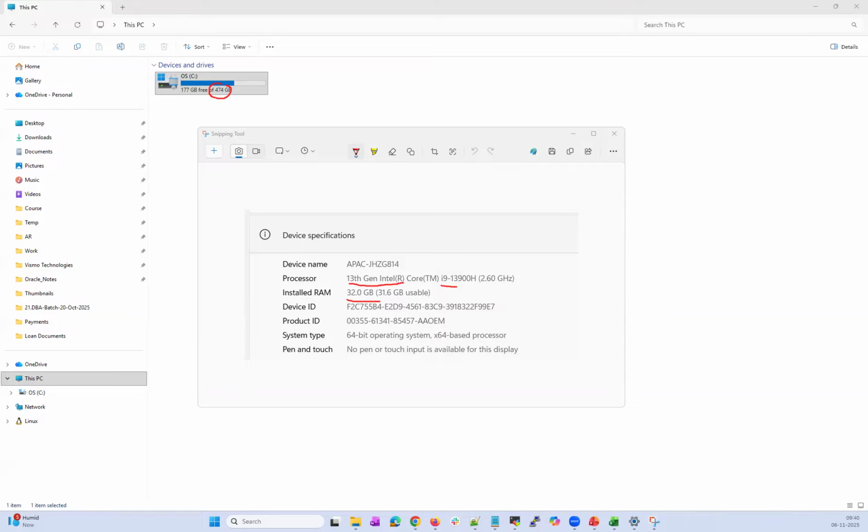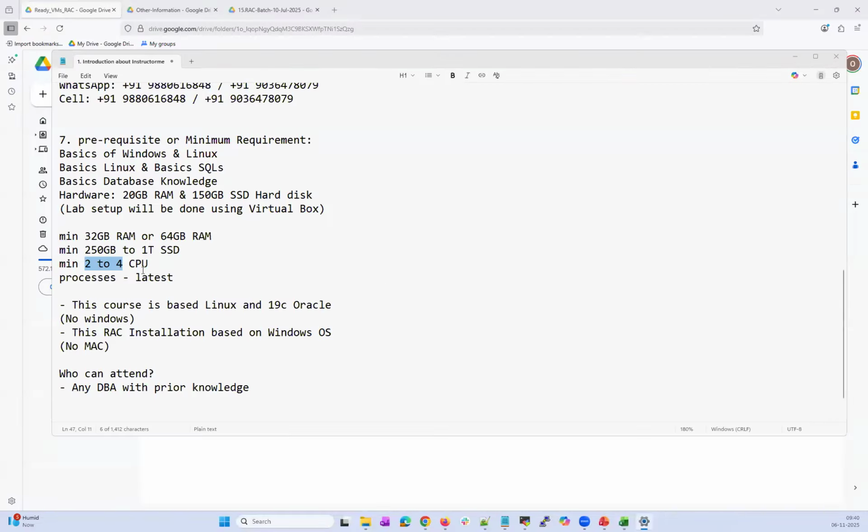and whatever, like if you are running multiple VMs, all will go fine. If you go with this 32 GB RAM minimum, you will get around 4 CPUs or 2 CPUs, not one. So if you are planning, go for this configuration, and the CPU will be 4 or 8. That will be a very super fast computer or laptop, so that you can practice both the database course and RAC course without any hiccups.